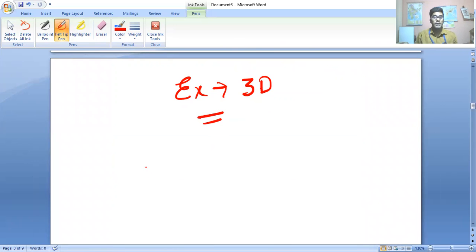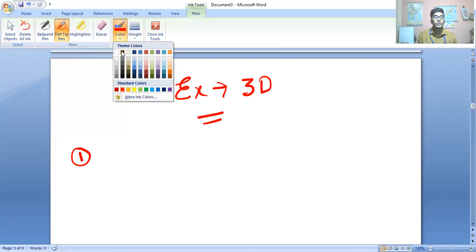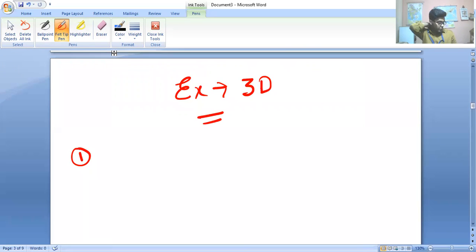So let us start directly with the sums, the exercise sums. Let us do question number 1. Read the question. The question says, find the square root of each of the following numbers by using the method of prime factorization. So very easy. The number is 225. So we have to find the square root. Square root means checking whether a number is a perfect square or not. And if it is a perfect square, then the number of which it is the square is the answer.